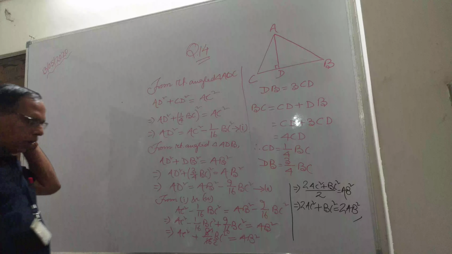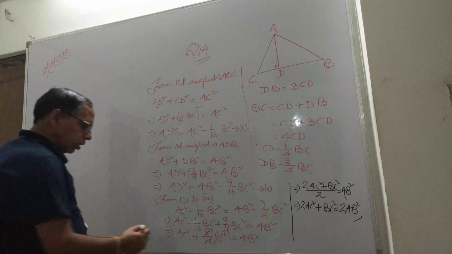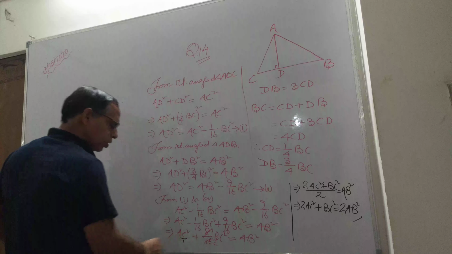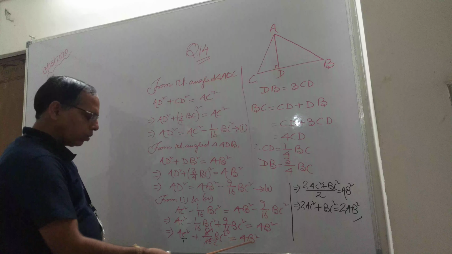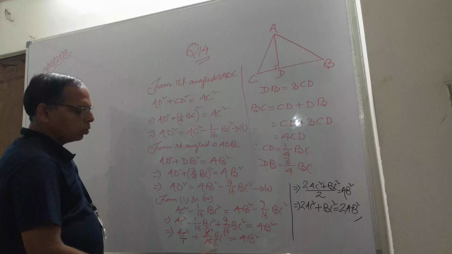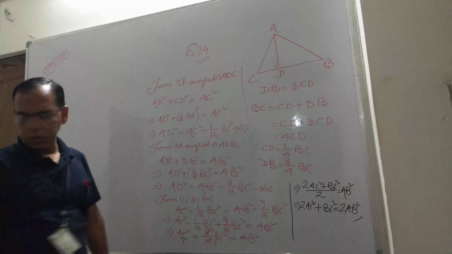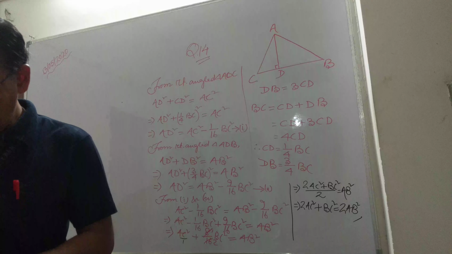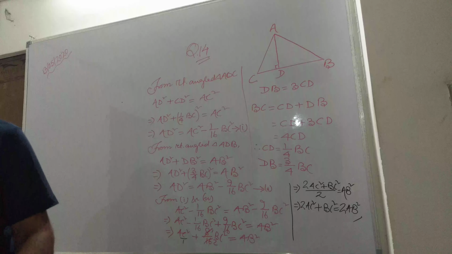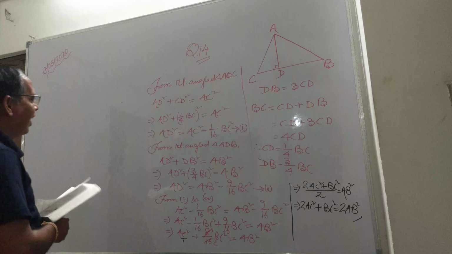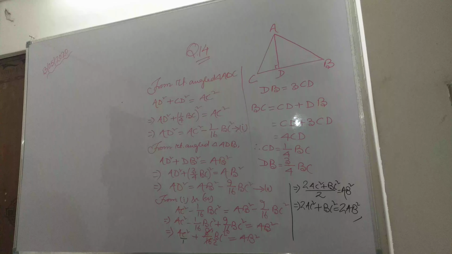Okay. So what will we do? We will take the LCM. So LCM here, nothing is there, means 1 is there. So LCM is 2. So twice AC square plus BC square divided by 2 equal to AB square. And then 2 will cross multiply. Then it will be twice AC square plus BC square equal to 2 AB square. Okay. Now let's see next one, question number 15. Almost same as this one.